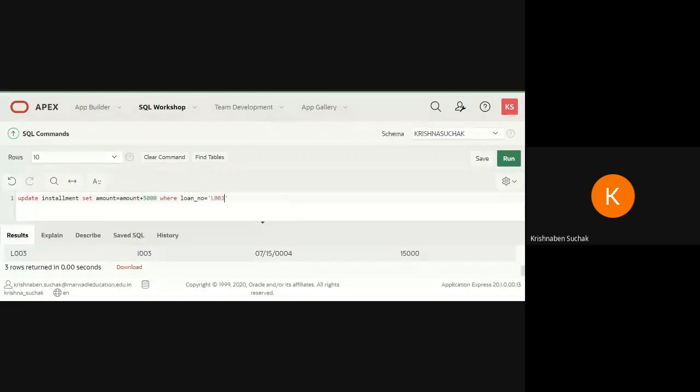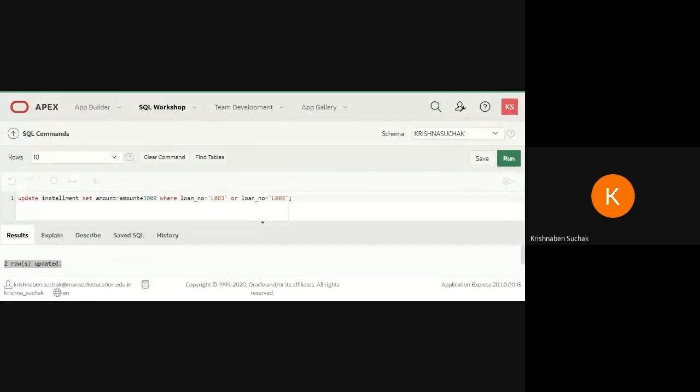L003 and loan number L002. Now it said 2 rows updated. So now where loan number was L003 and L002, it is updated by 5,000 increment.